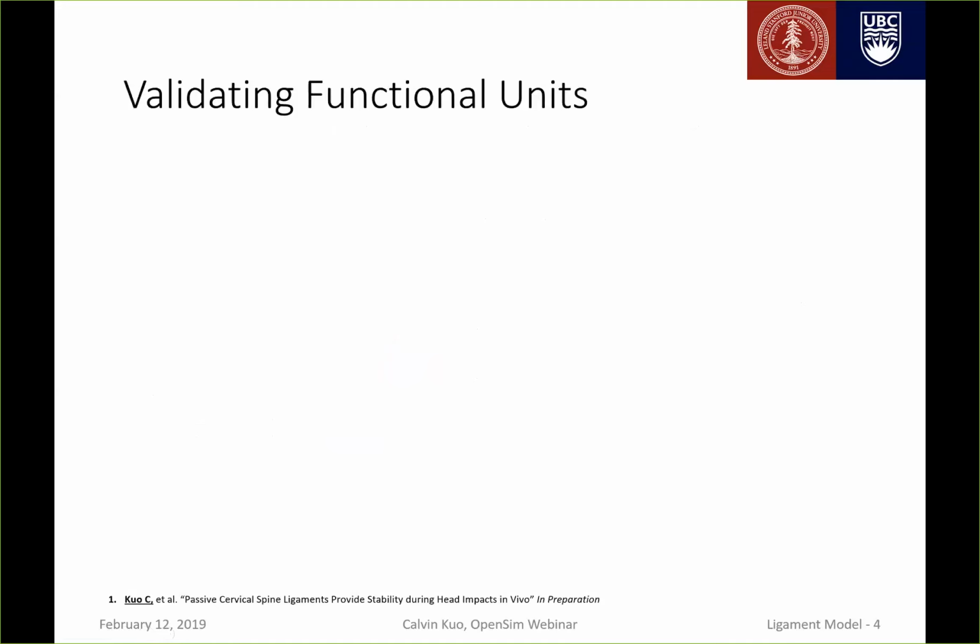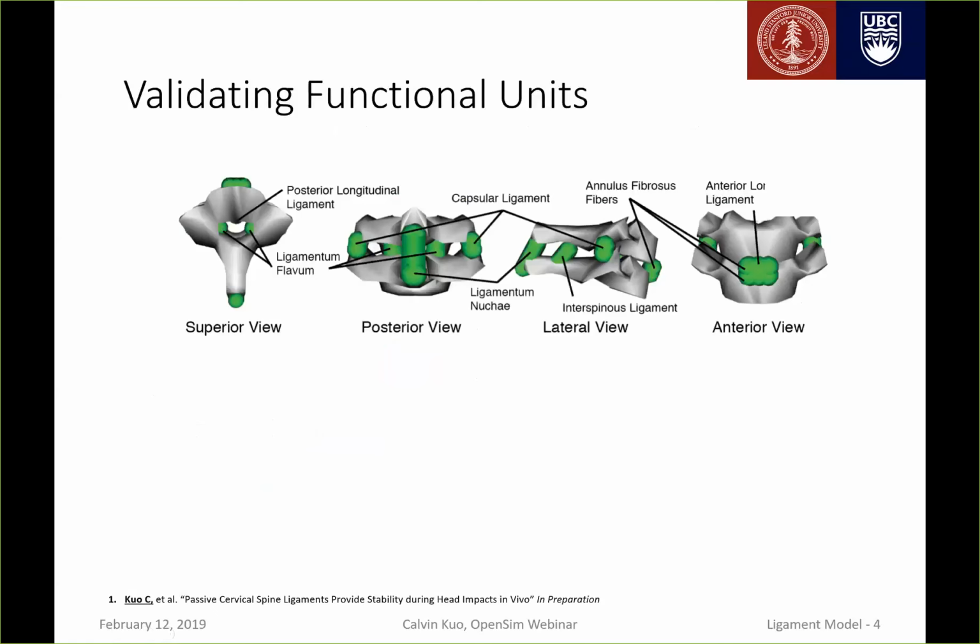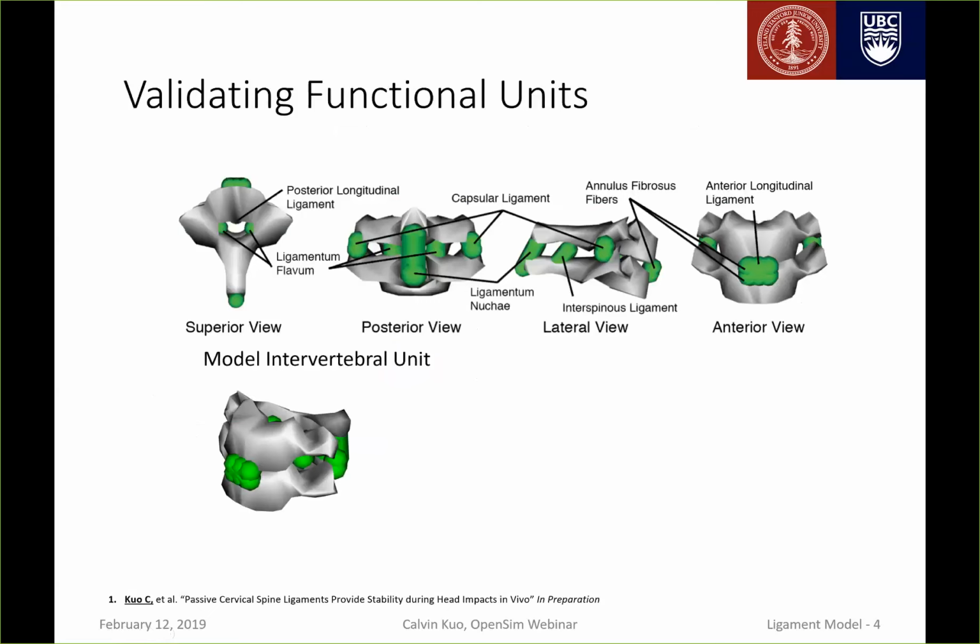The material properties for the cervical spine ligaments were all obtained from previous literature on cadaveric samples spanning the last 3 decades. The ligaments were placed based on anatomical definitions obtained from literature. To validate our ligament geometry and material properties, we performed a series of validation simulations on vertebral functional units. Briefly, a vertebral functional unit consists of a single intervertebral joint or consecutive vertebra with the ligament and disc structure intact. With these functional units, we rotated the superior vertebra with respect to the inferior vertebra about the primary anatomical axes,